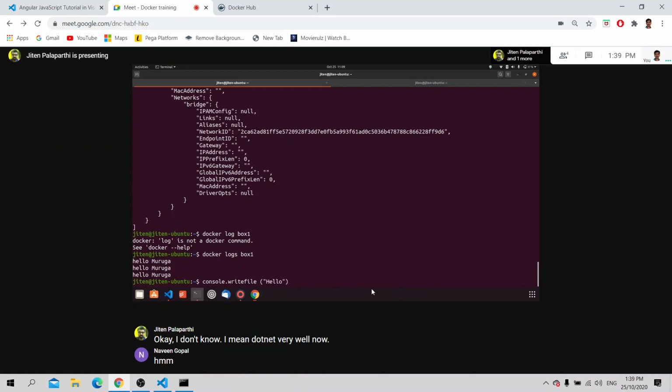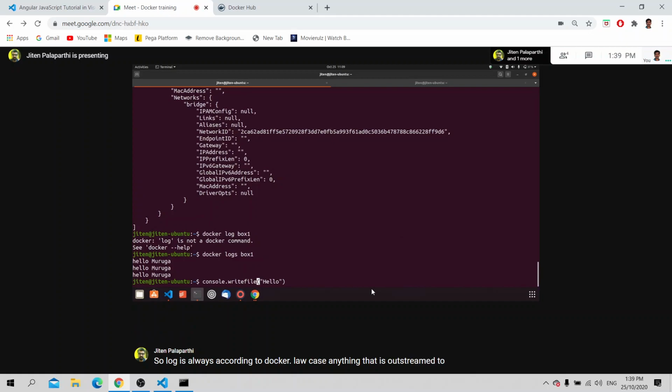Let us say write file. That means you are writing the data to a file. So log, according to Docker, is anything that is outstreamed to the console.